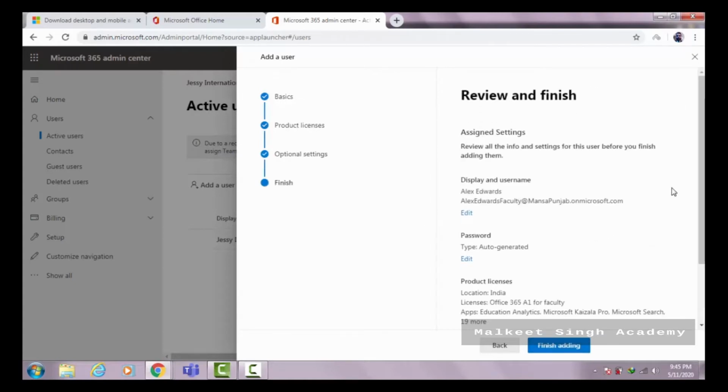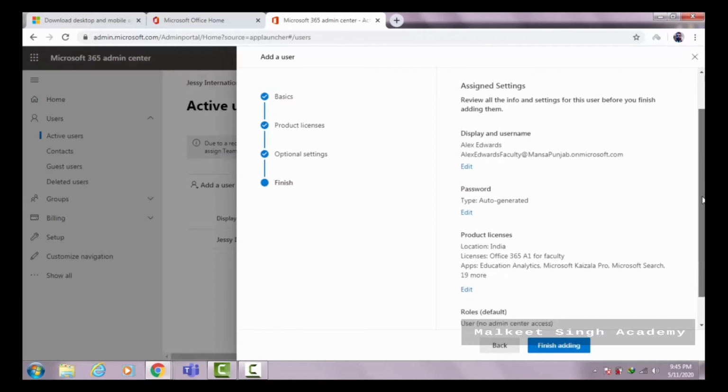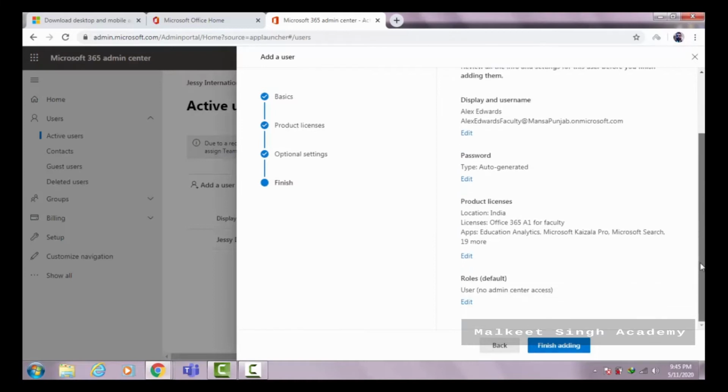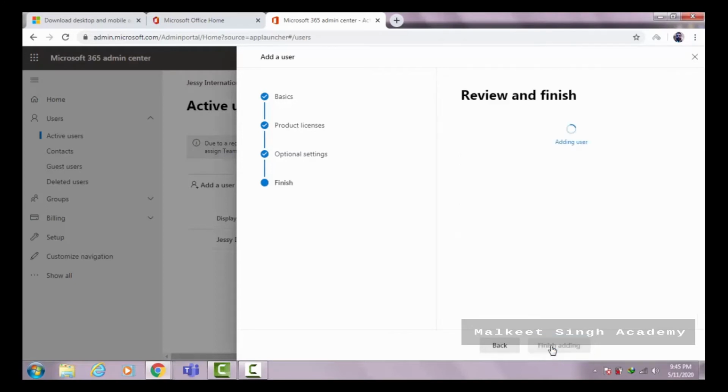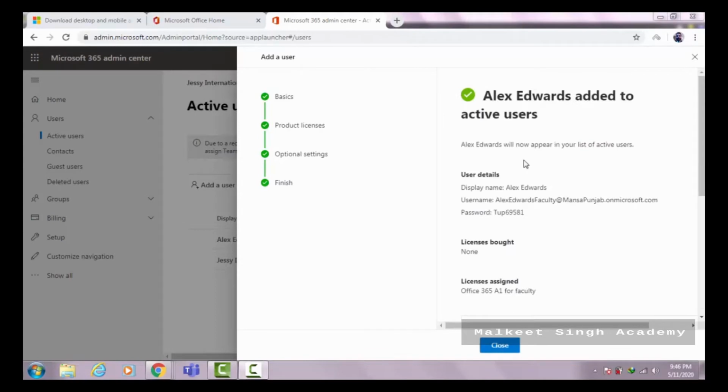Lastly, it will ask you to review all the settings, and then click on finish adding. After that, you get this prompt message that Alex Edward has been added to the active users. Click on close.